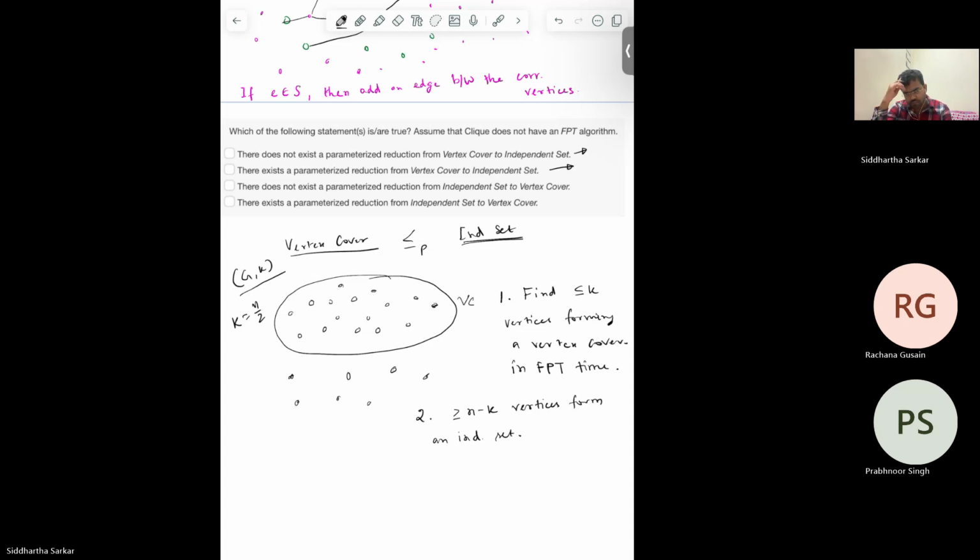So if G comma n by 2 is a yes instance, then G comma n by 2 is a yes instance for independent set also. And if G comma k is a no instance for the vertex cover, then